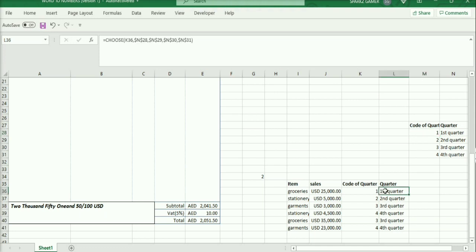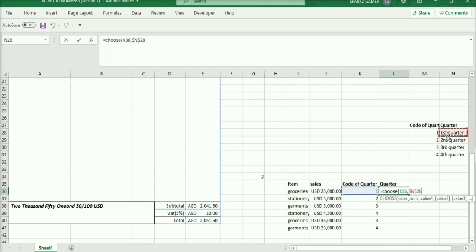So I can show you how the CHOOSE function works. If you don't know the CHOOSE function, we have an example here. CHOOSE is almost the same as VLOOKUP. How it works: CHOOSE, then the index, and here the values for each quarter: 1 for the first quarter, 2 for the second quarter, and third, and so on.